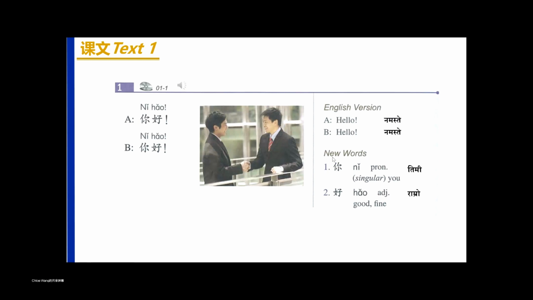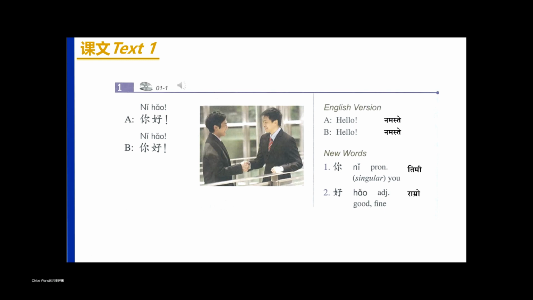Because if we divided it into the two single character, we can tell 你 means you and 好 means good or fine. So in this simple greeting, it also contains my best wishes to you. Just like namaste, I'm wishing you all well, right? But in English language, hello is just a simple greeting word.